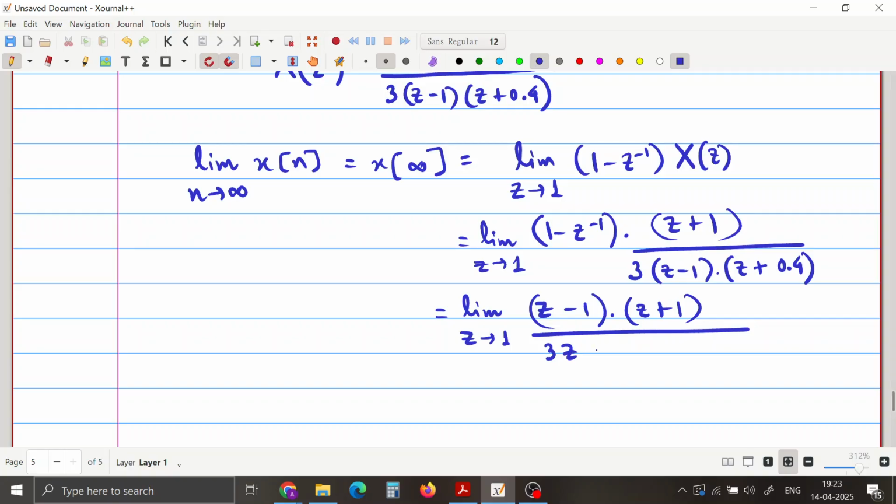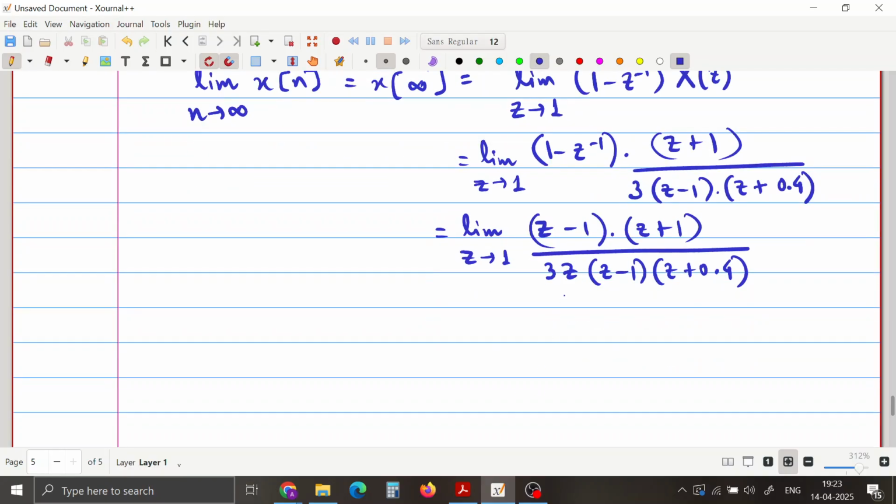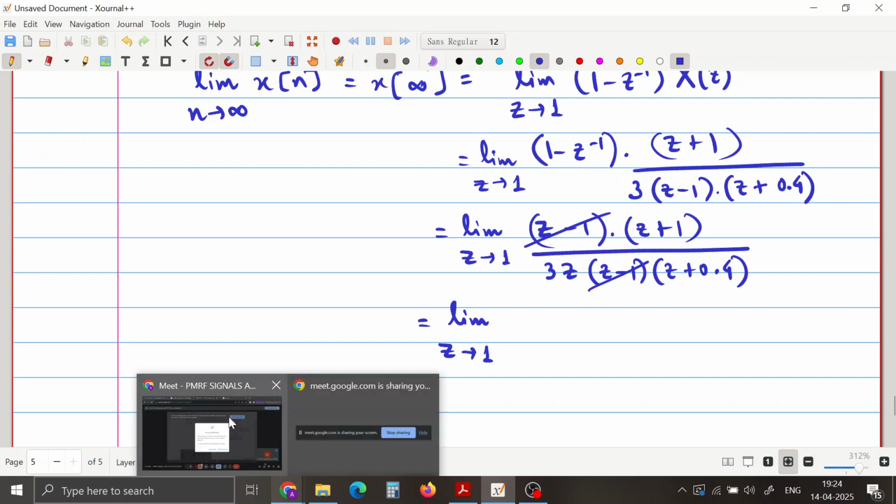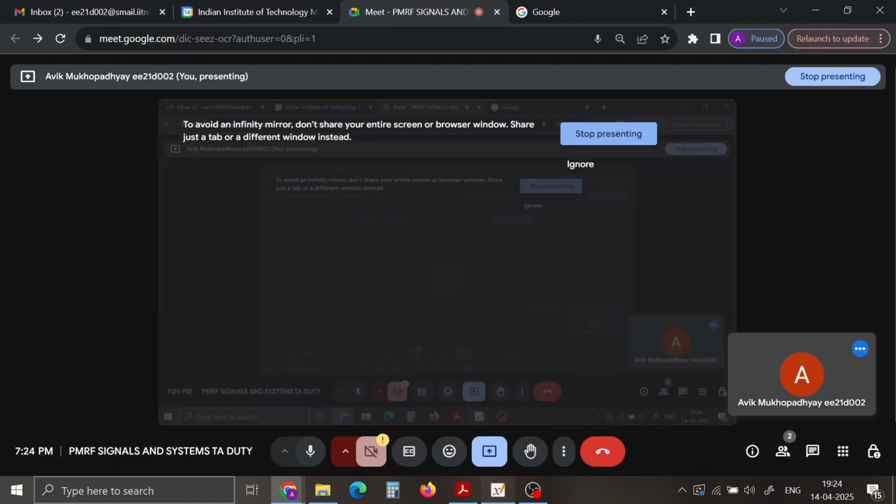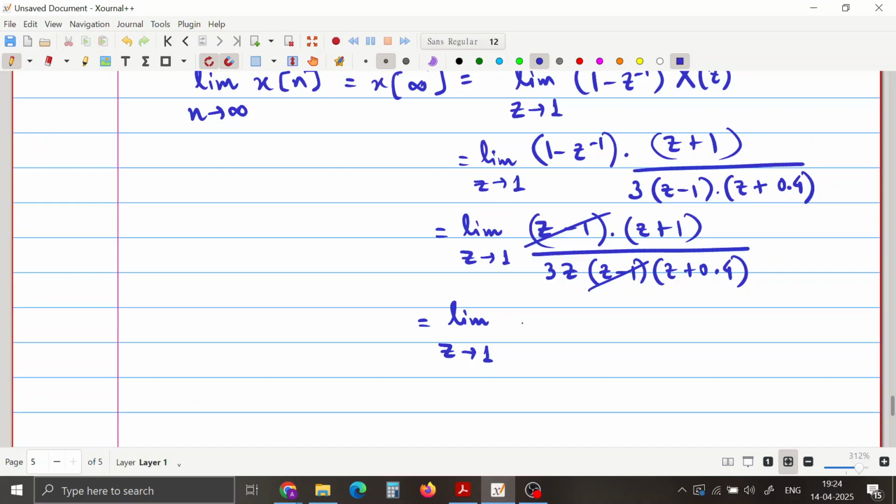So I have 3 into (z minus 1) into (z plus 0.4), and clearly this z minus 1 and z minus 1 get cancelled. So I'm left with (z plus 1) divided by 3z into (z plus 0.4),